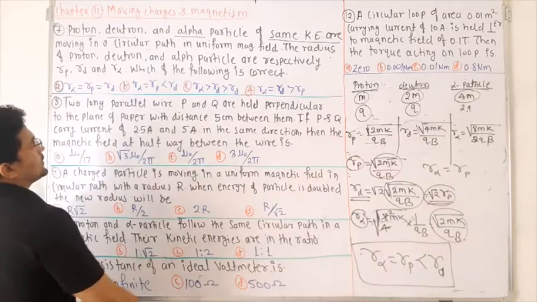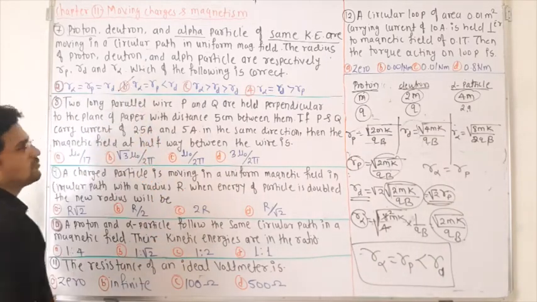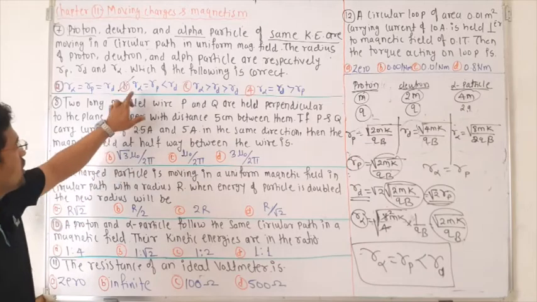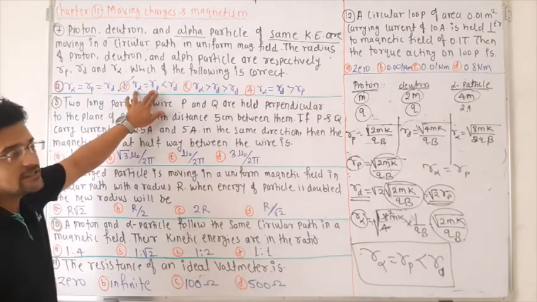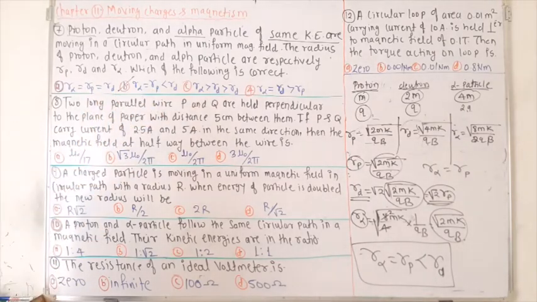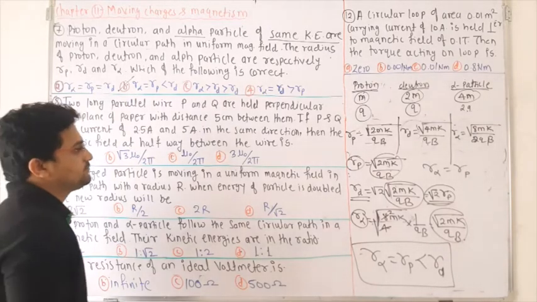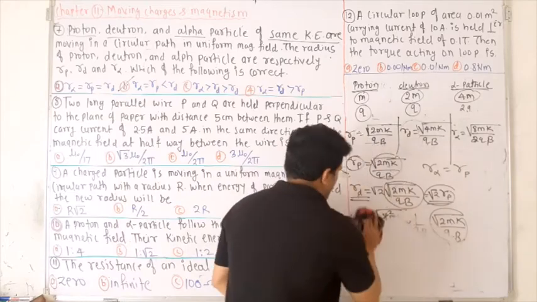So option B will be correct. So remember, for the alpha particle and for the proton, the radius will be the same. So just pause the video and note down the solution. Next one, we will solve